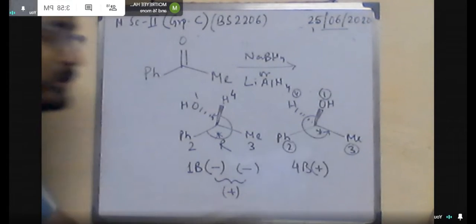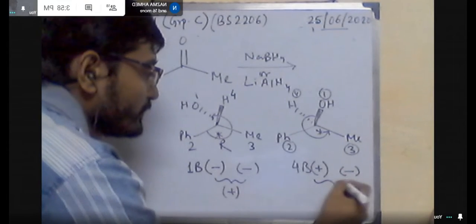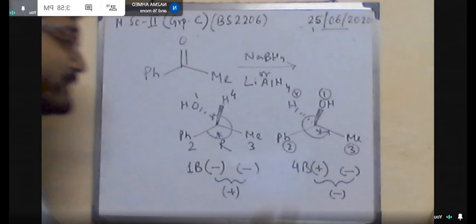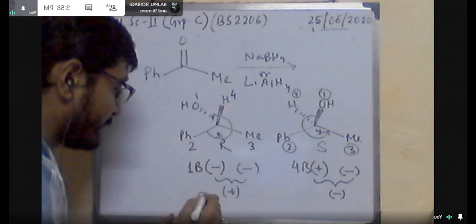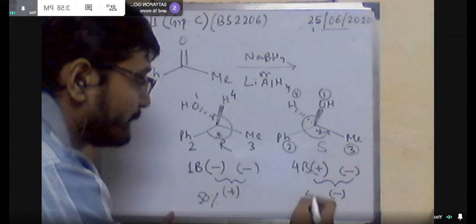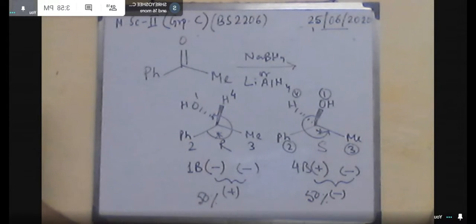So to avoid this discrepancy, if we add some kind of diastereotopicity in between these two phases, then you will get one isomer as the predominant one. That means now we have to include the diastereoselectivity in the carbonyl phases. Generally you have already seen that upon incorporation of some chiral residue in the molecular backbone, both the faces of the carbonyl become asymmetric in nature. That means they are no longer enantiotopic, they become diastereotopic.